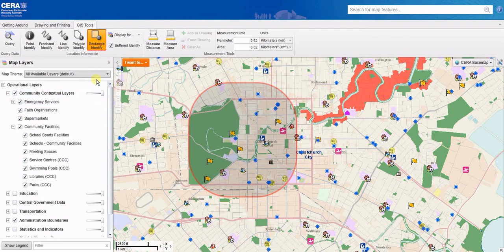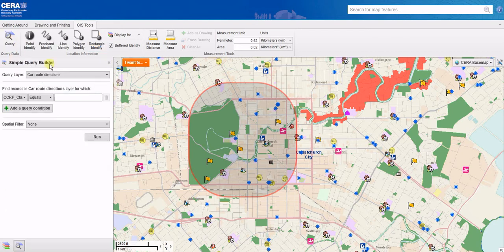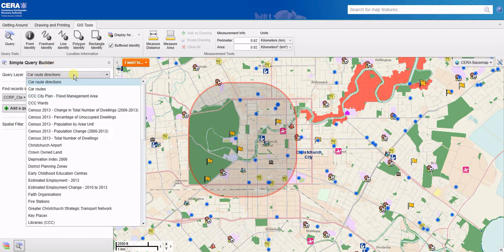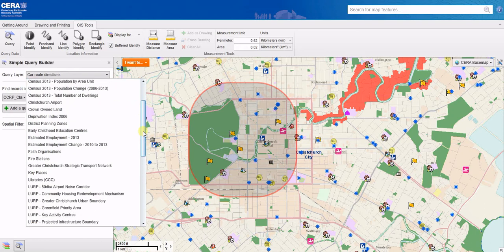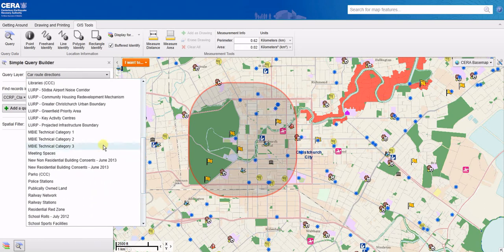And lastly, we'll be looking at the Query Data tool. Simply click on the query, click on the query layer that you're interested in. So I will scroll down. I'm interested in looking at the Greenfield priority area,